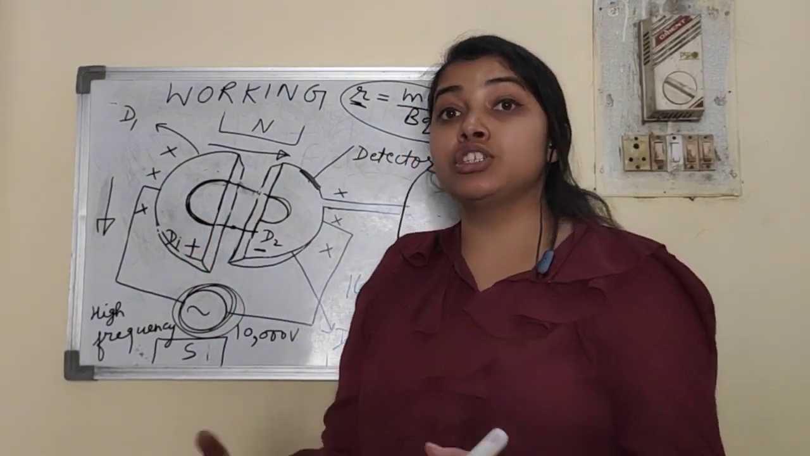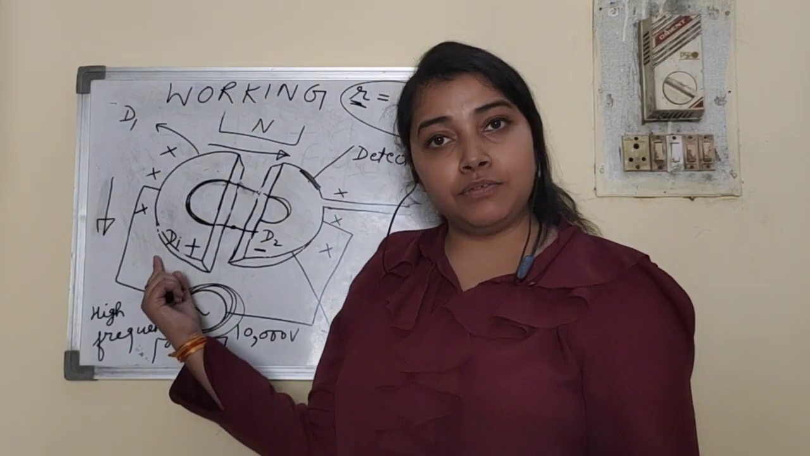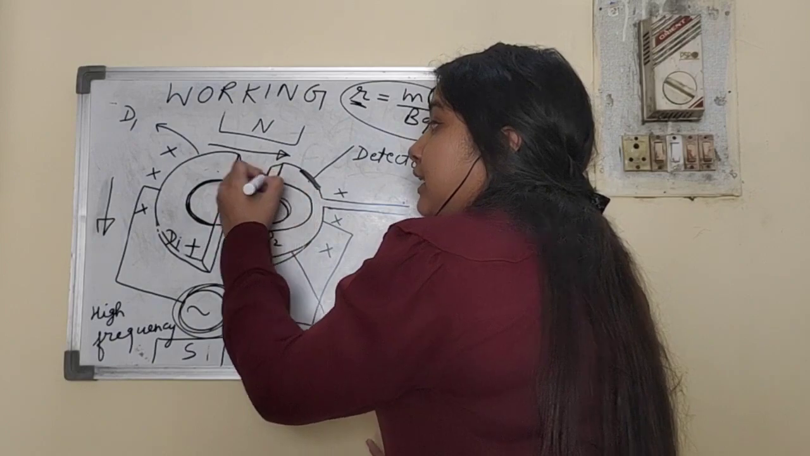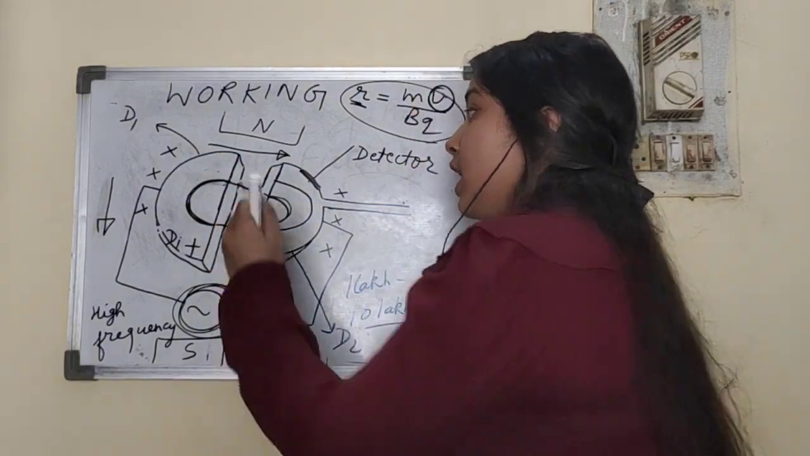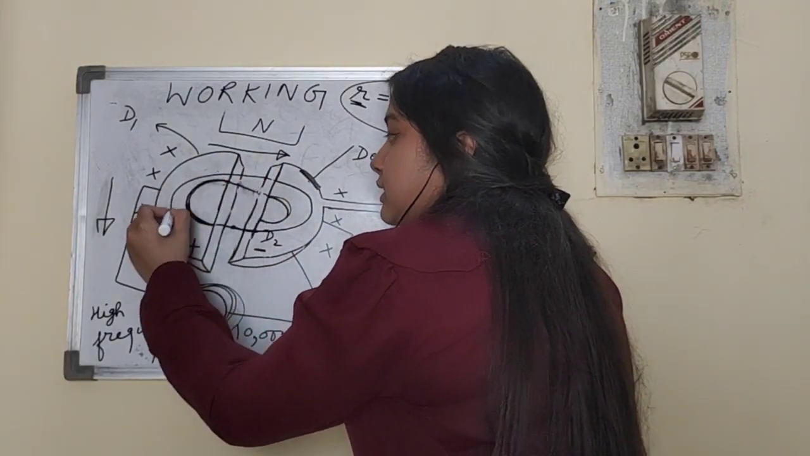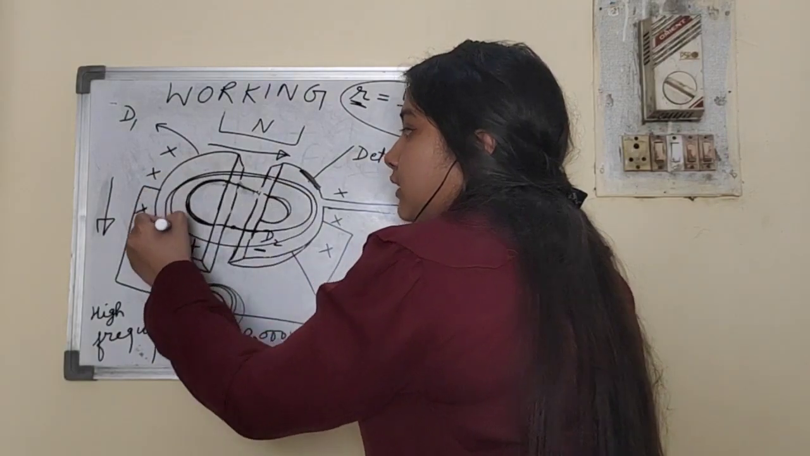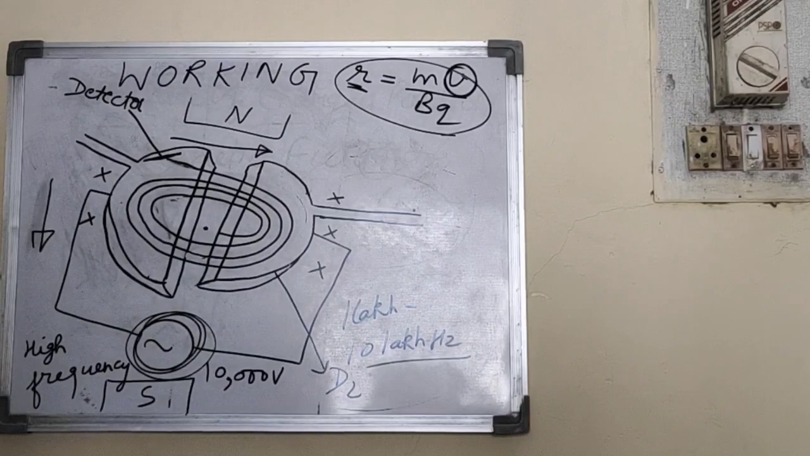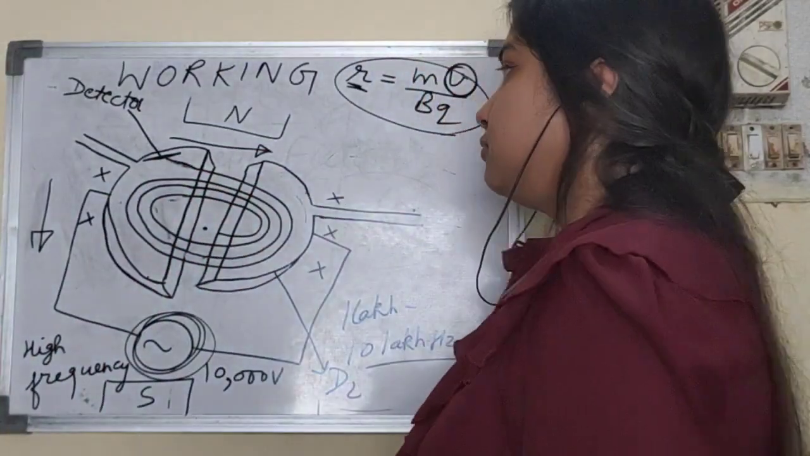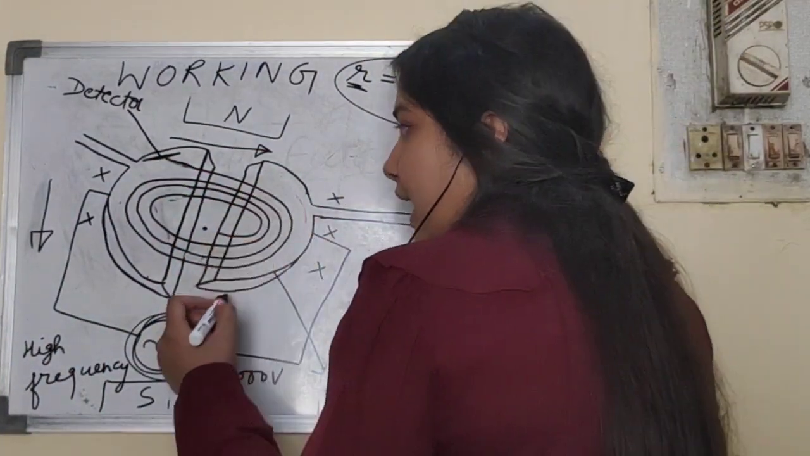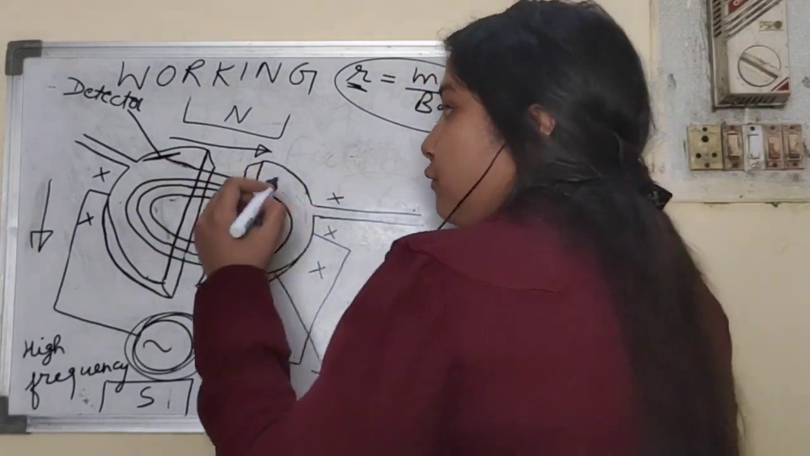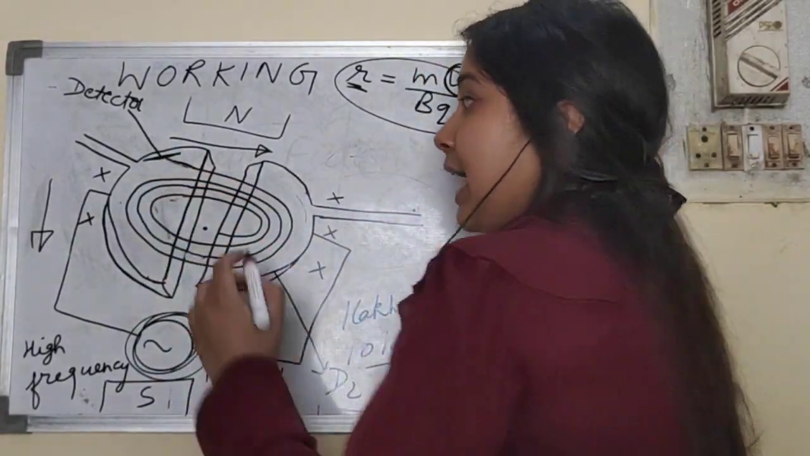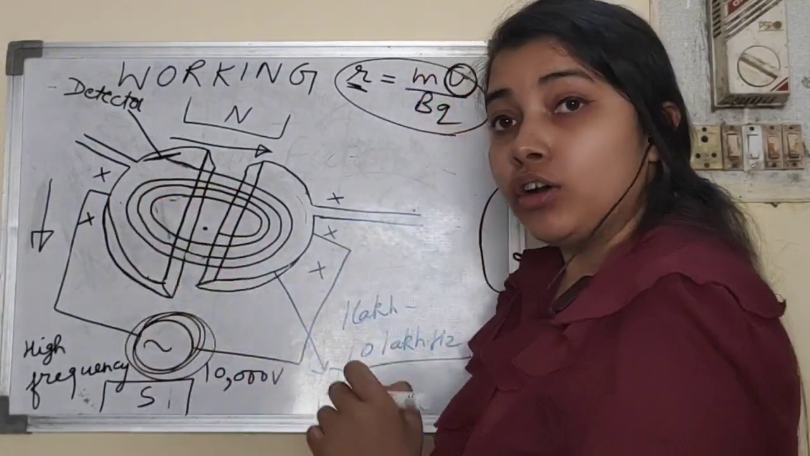At that time the velocity again increases as before. So basically the radius of the circular path will again increase. So in this way the charged particle will keep following the circular path, and a stage will come when the charged particle acquires a very high velocity and it reaches along the circumference